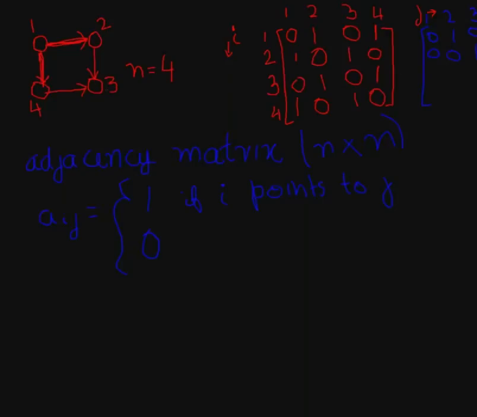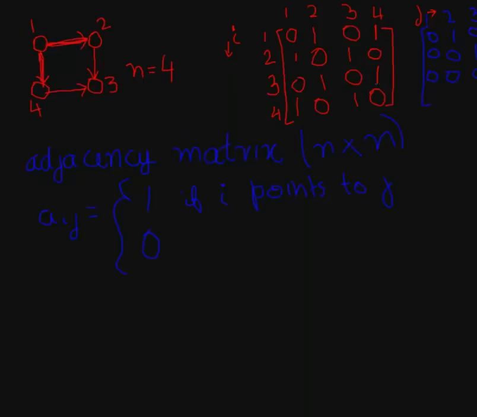Now node 3 does not point to anything. It doesn't point to node 1, it doesn't point to node 2, it doesn't point to node 3, and it does not point to node 4. Node 4 does not point to node 1. Node 1 points to node 4, so we put 1 at 1 comma 4, but we're not going to,